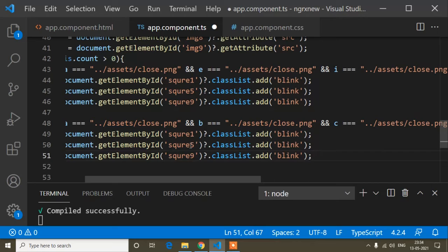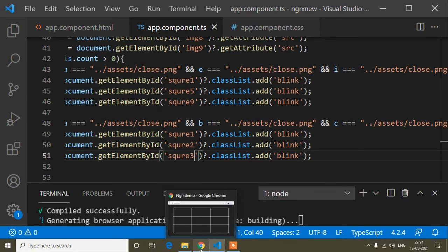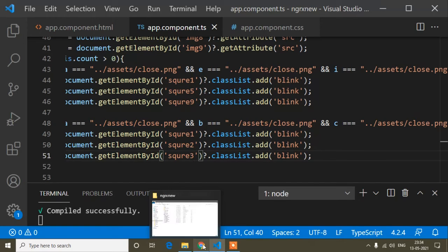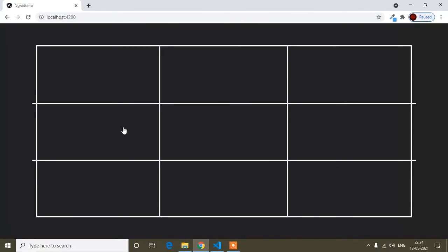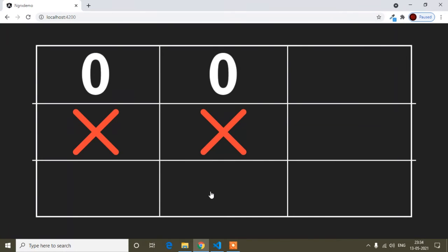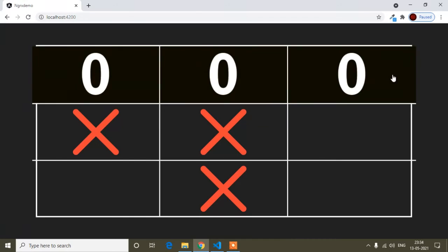So here 1, 2, 3. Save. And now if I check here, when it will match like this angle, yeah, you can see it's blinking the first one.